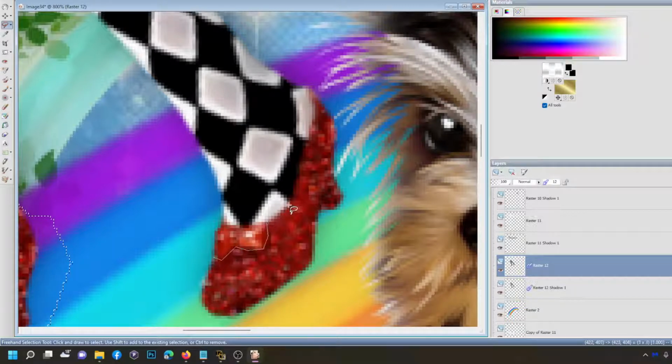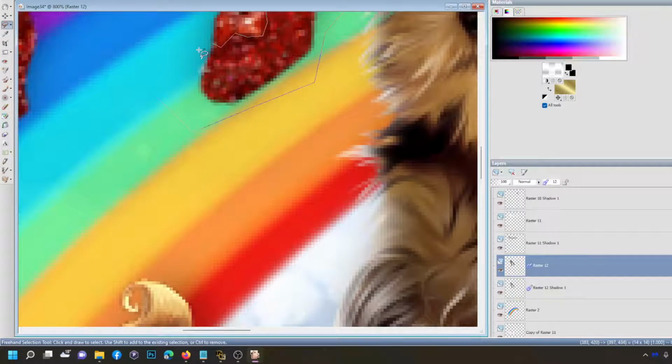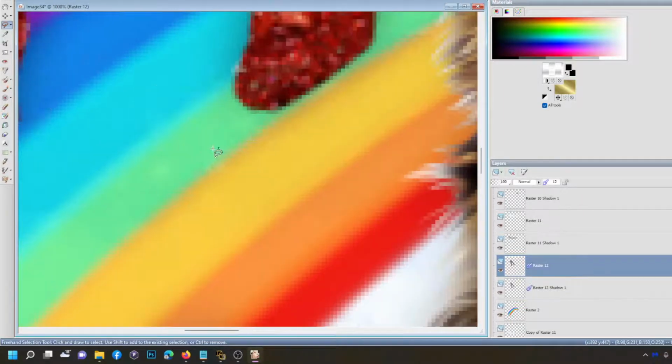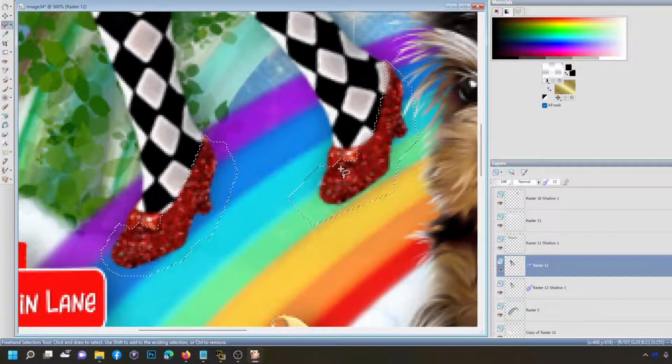This becomes easier and easier as you do it. I've been doing it a long time, so it may look like I'm going over the dog, but I'm not on the dog layer, so it doesn't really matter. Oops. Okay. And I just right click and then they join together. Okay, so now I have my little slippers